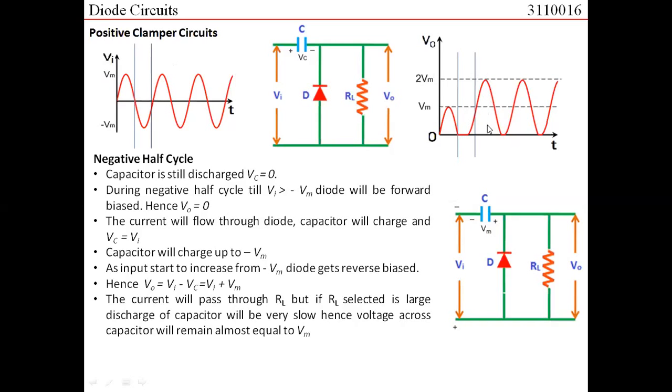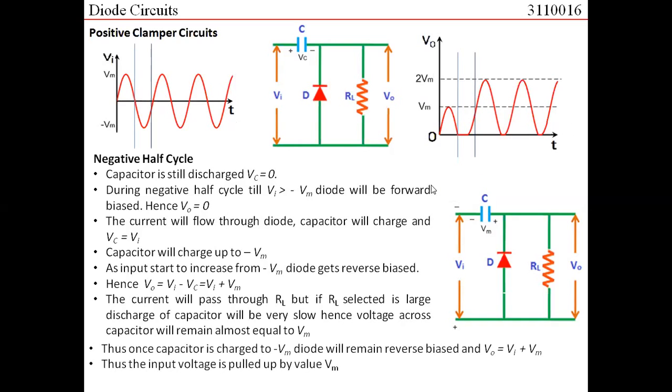So now you see that on the output side, the whole input signal has been shifted to the level of Vm. Thus, once the capacitor is charged to minus Vm, the diode will always remain in a reverse bias state and the output voltage would be equal to input voltage plus Vm. Thus, the input voltage is pulled up by the value of Vm. As the input voltage is pulled up on the positive side by a DC voltage of Vm, we consider this to be a positive clamper,